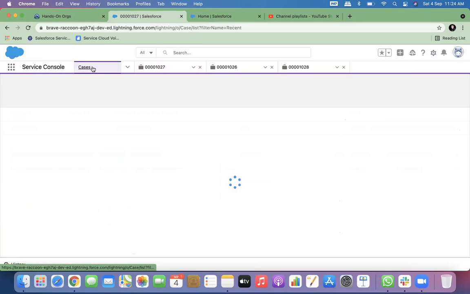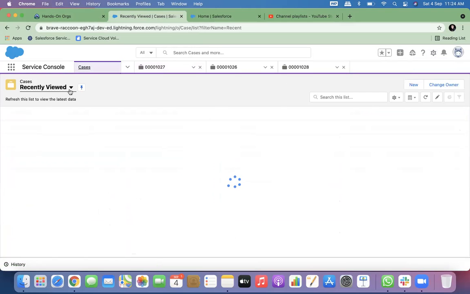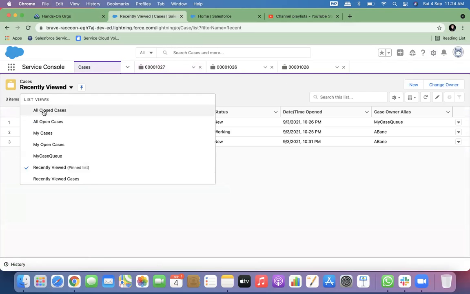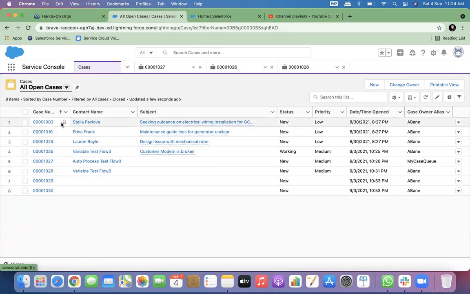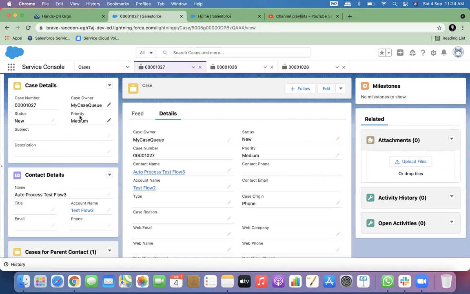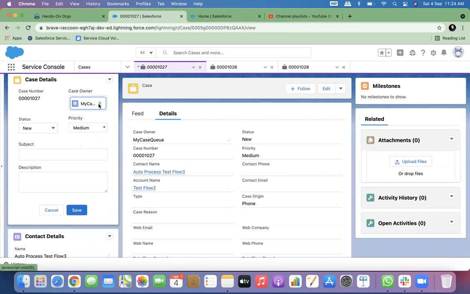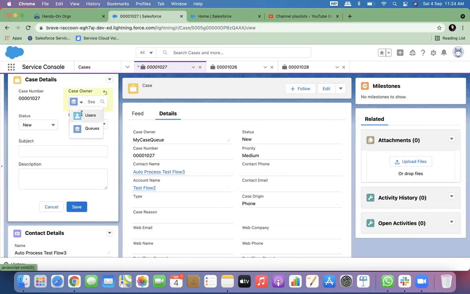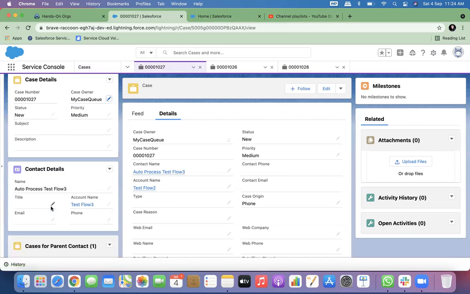What will happen is that you will see in the case list, it will show up for everybody, all open cases. Even if the case owner is the queue, it will come up in your list. So you will open this case, and then change the owner to yourself and start working on it.